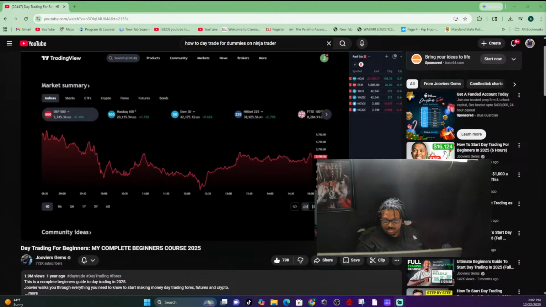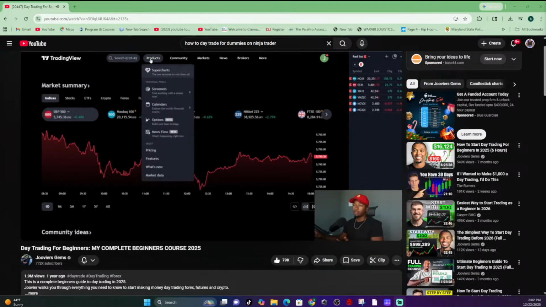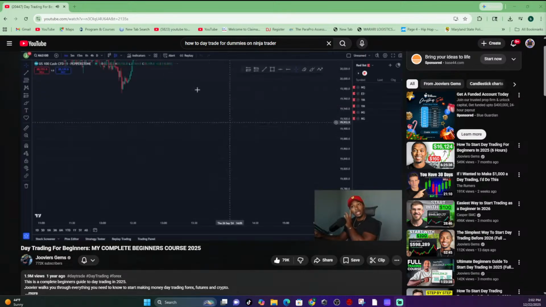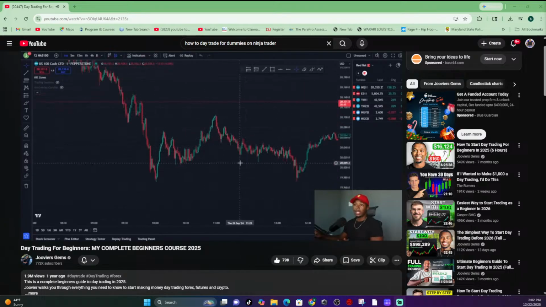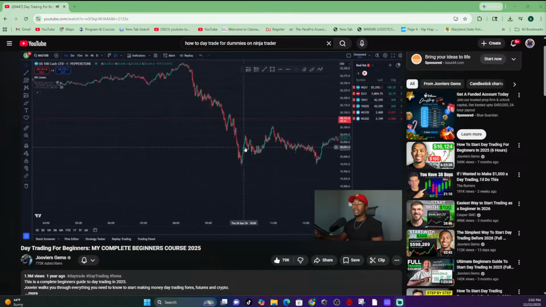So just come over here to tradingview.com. Once you do that, you can hover over Products and just press Super Charts, and it'll take you into a chart that basically looks like this. Keep in mind, you've probably seen this if you've watched any videos on trading or even have just been on social media. There's a bunch of people that post these types of things. This is called a chart. This is what we as traders look at to predict what price is going to do, whether it's right now,